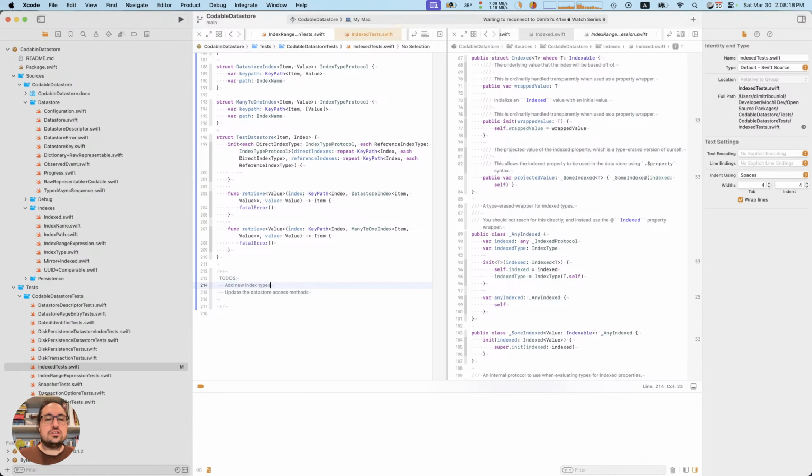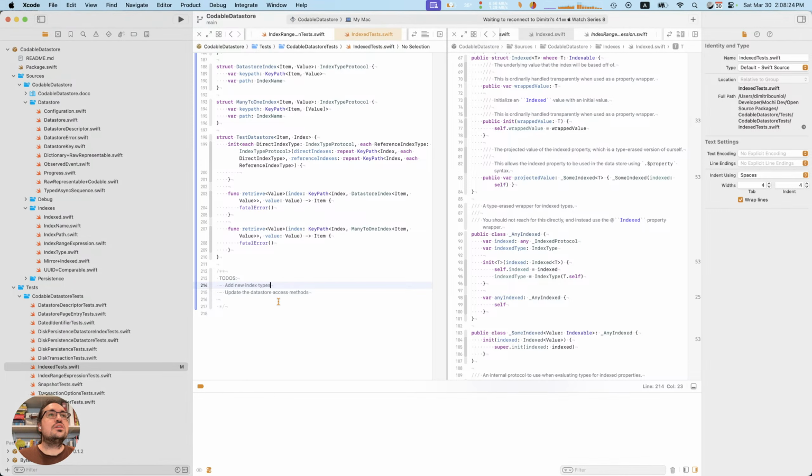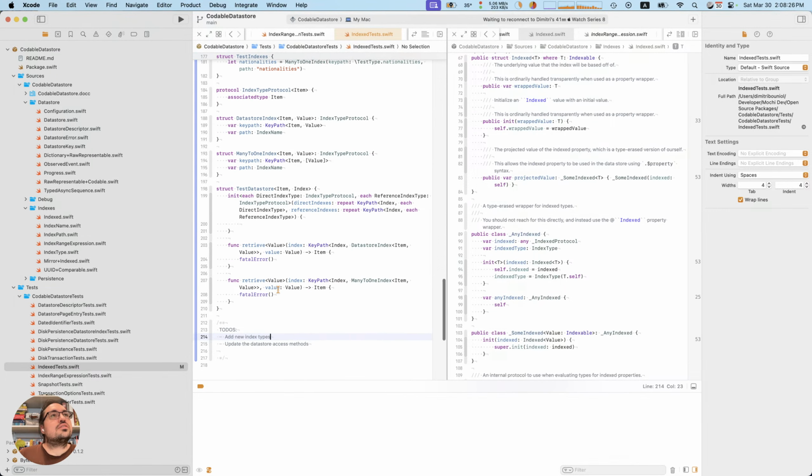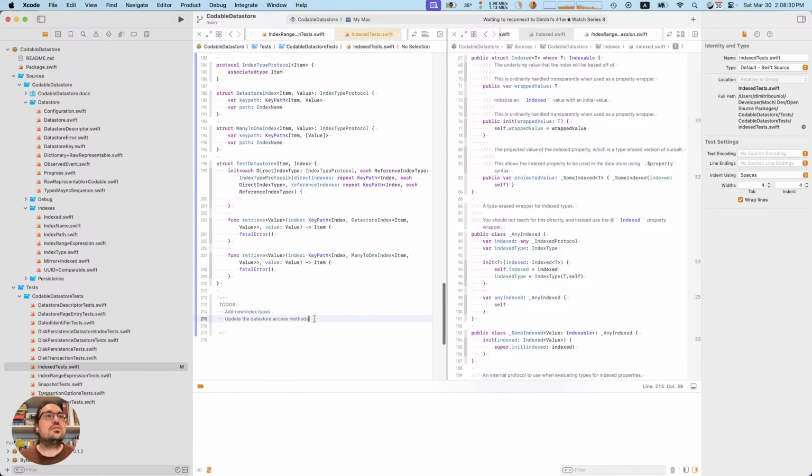We need to add the new index types. We need to update the data store access methods. Probably last. The data store descriptors.